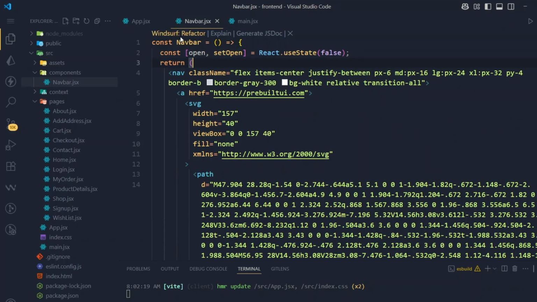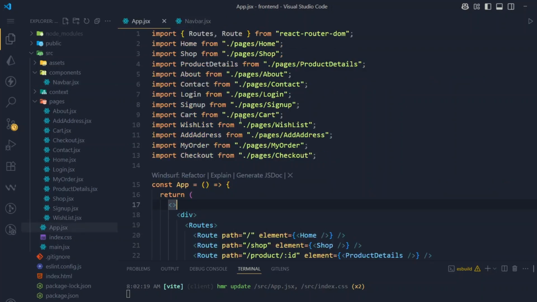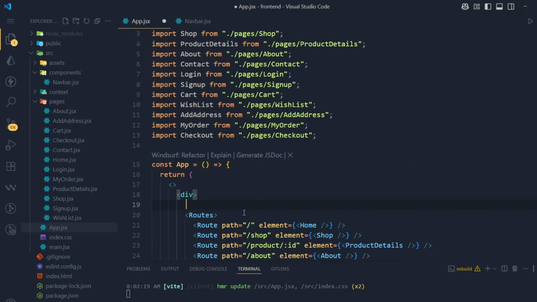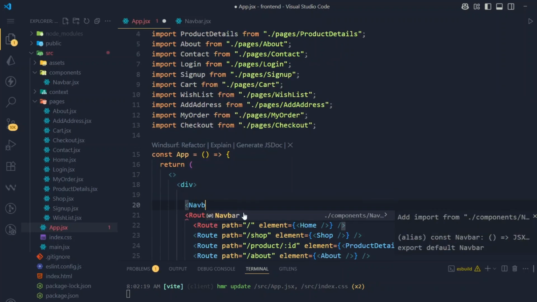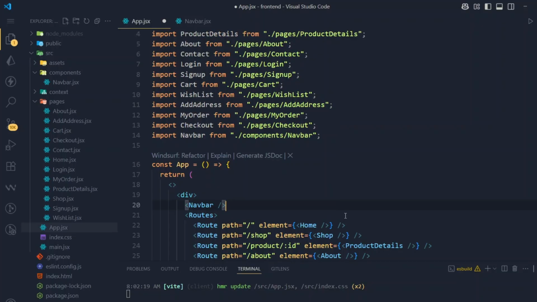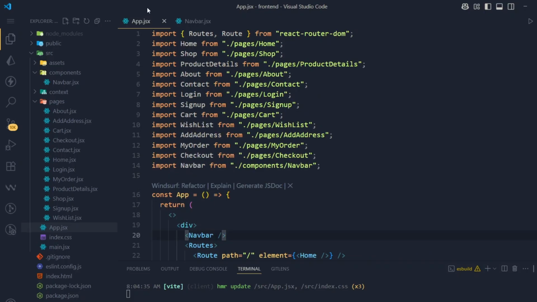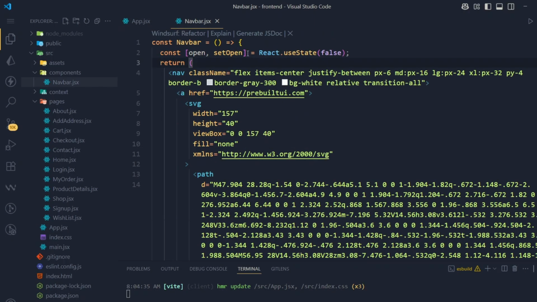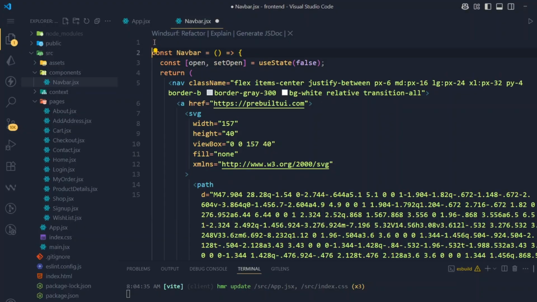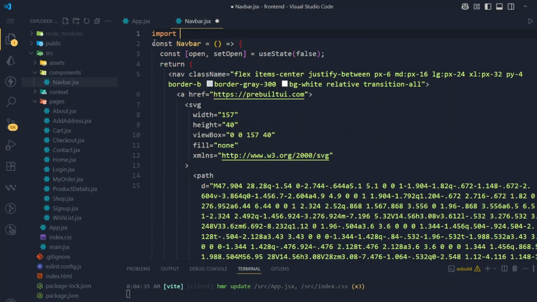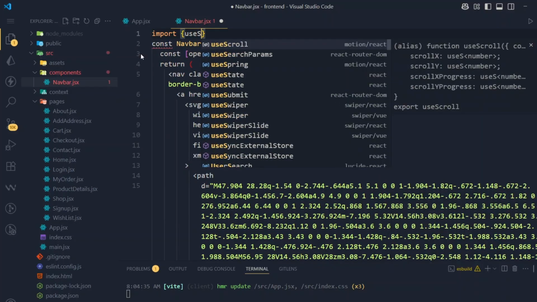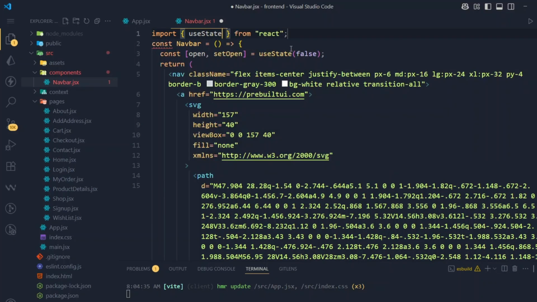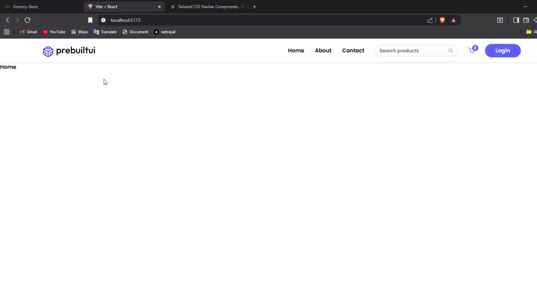This is our navbar. Now we need to call this navbar component in app.jsx. So here we will call navbar. This is our navbar component, and if I visit the browser now, you can see, okay, we just need to import useState here. You can see we have not imported React nor useState. So I am going to import useState, because we are using useState in this component. If I save this file and now visit, you can see this is our